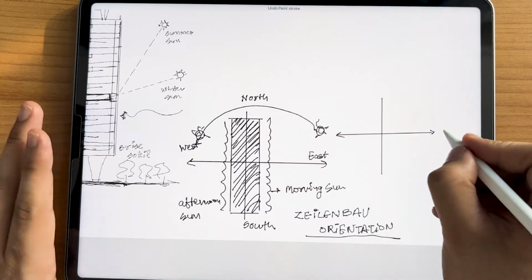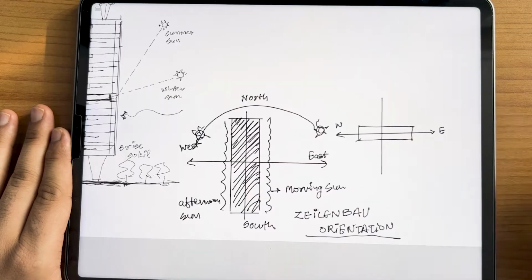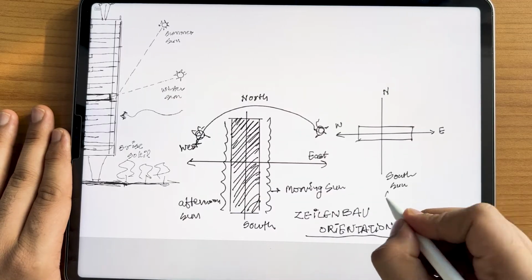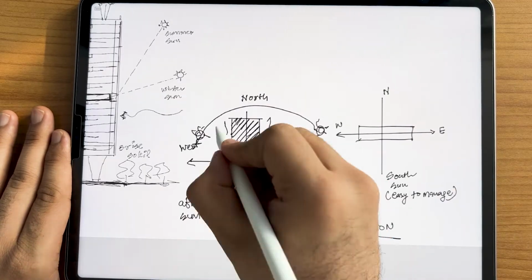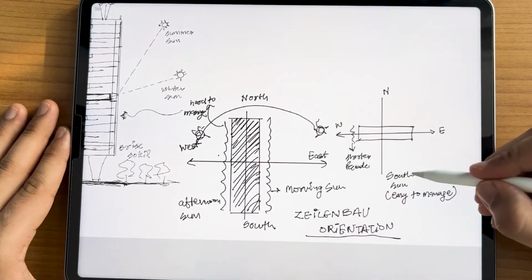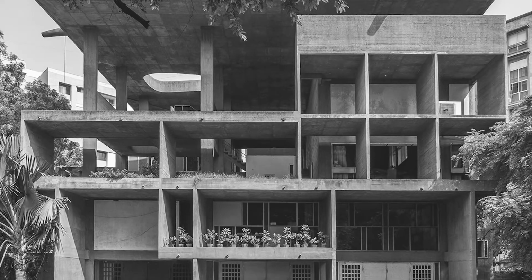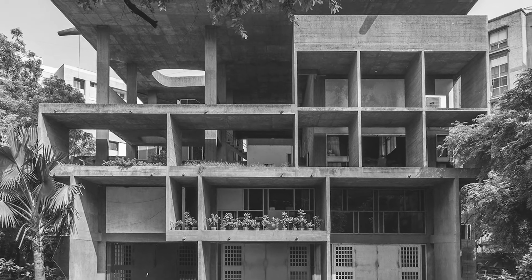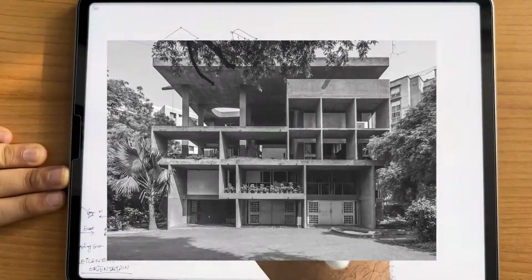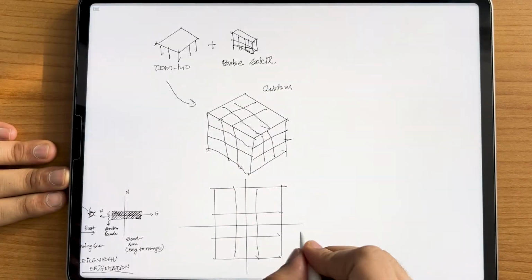Usually we put the longer facade of the building at the east-west orientation, because west sun is hard to manage on a longer facade compared to the shorter facade. Corbusier realized his mistake and he changed his approach later. And in 1950, when Corbusier came to India, he was fully prepared to implement his ideas and update his principles to the new design challenges. He designed the Villa Shodhan in India as a complete project, his final statement for climate and architecture.